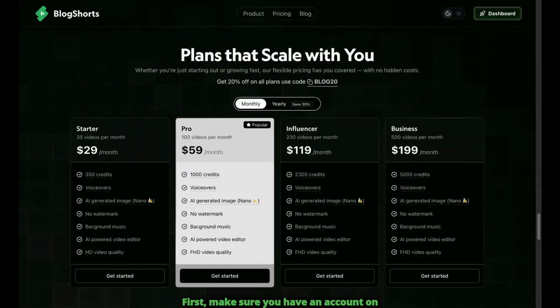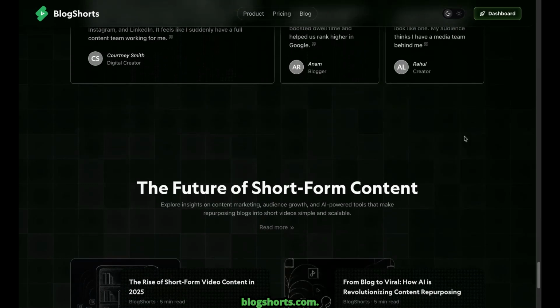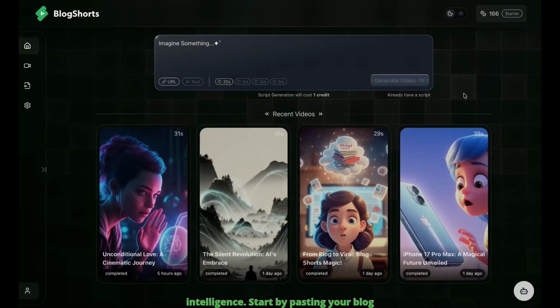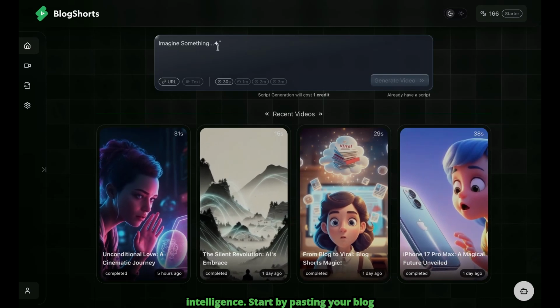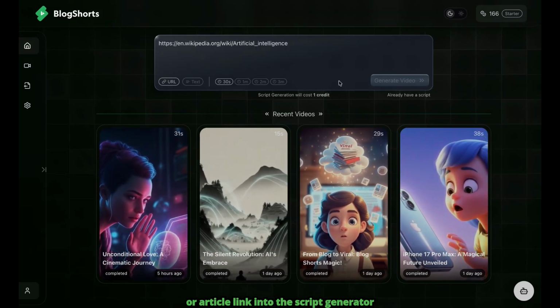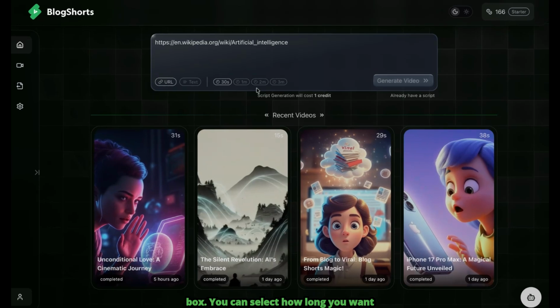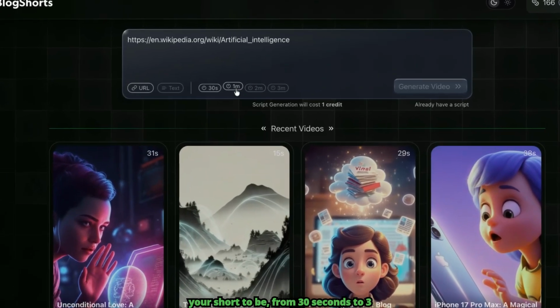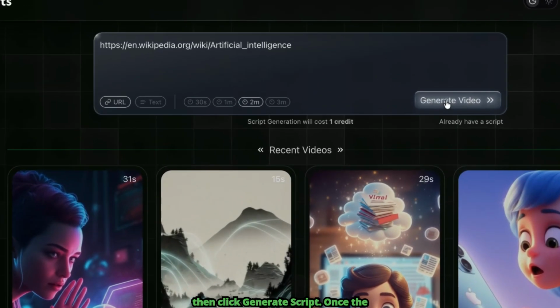First, make sure you have an account on blogshorts.com. Let's create a video about artificial intelligence. Start by pasting your blog or article link into the script generator box. You can select how long you want your short to be, from 30 seconds to 3 minutes, then click Generate